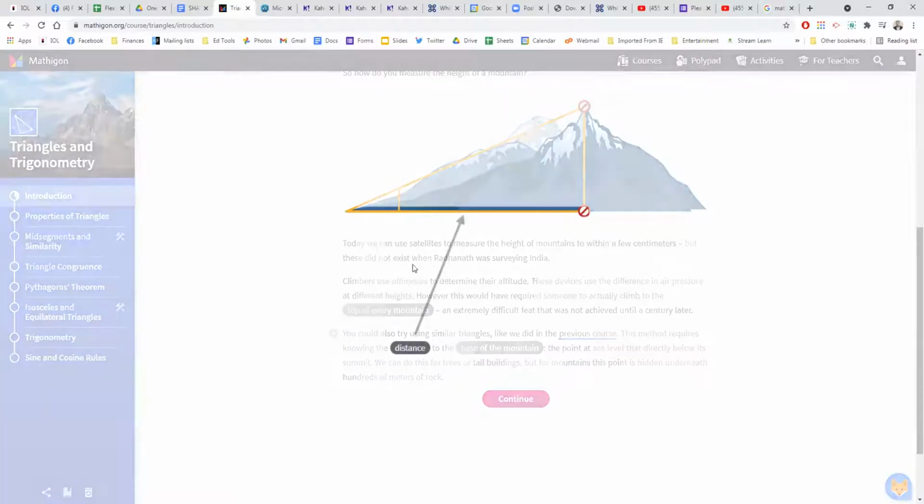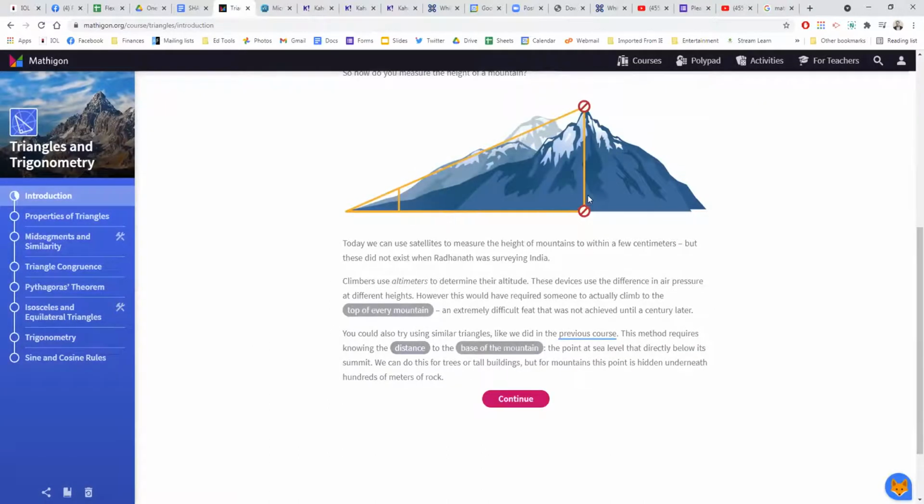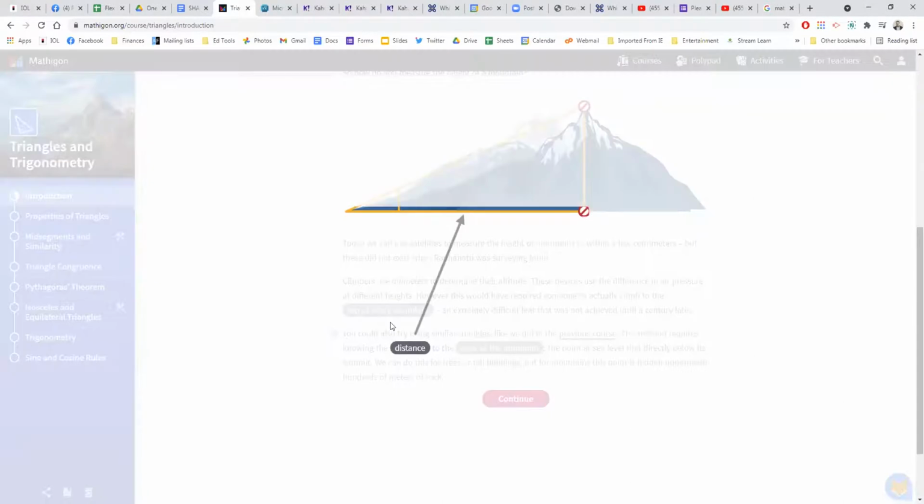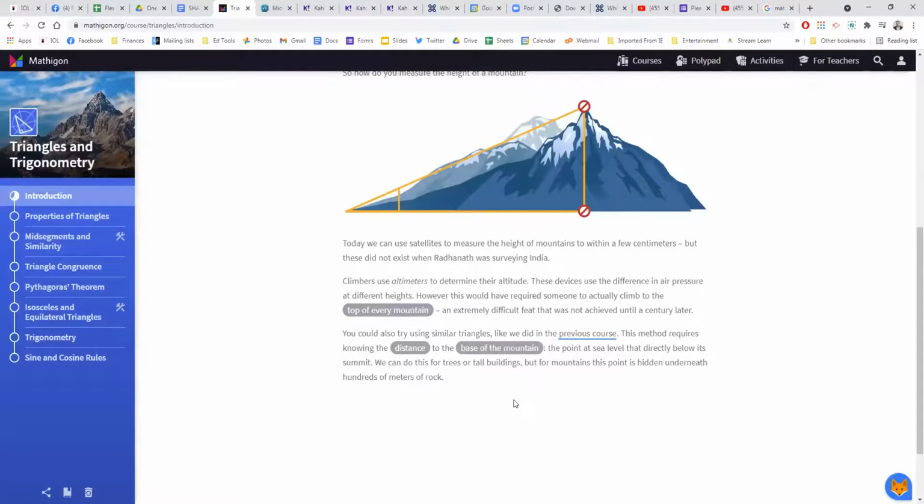We need the base. Hey, look at that. If we can get the top of the mountain and the base, and of course, I've seen this shape before. Wait, it's a triangle. This is fantastic. And they did this in the previous course. If I click there, it'll take you to the previous course. There's the base of the mountain. That is the distance. That is the top of the mountain. If I click on continue,